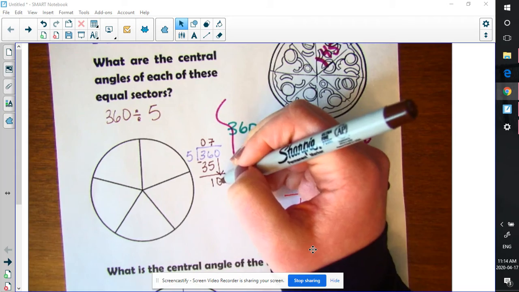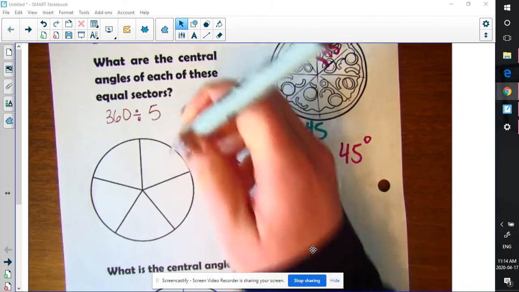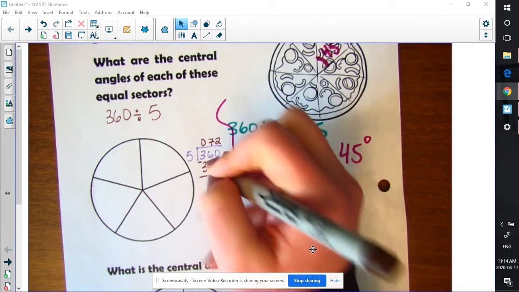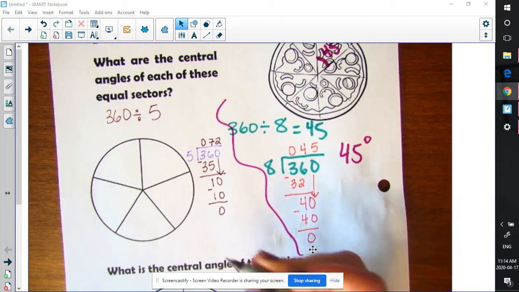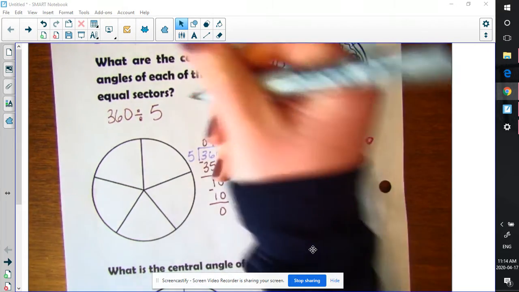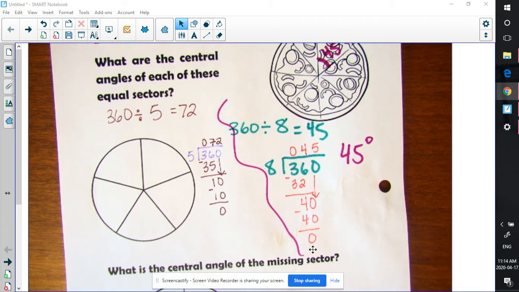Can 5 go into 10? Yes, it can, twice. Then I do 5 times 2, that gives me 10. I subtract them, and I have 0. So that means 360 divided by 5 is 72. And my answer